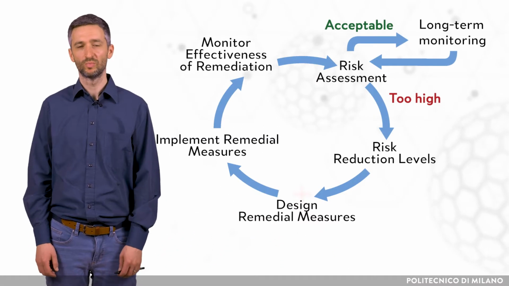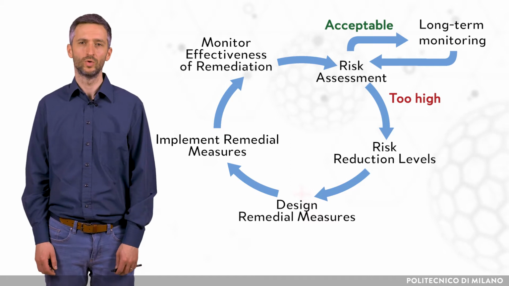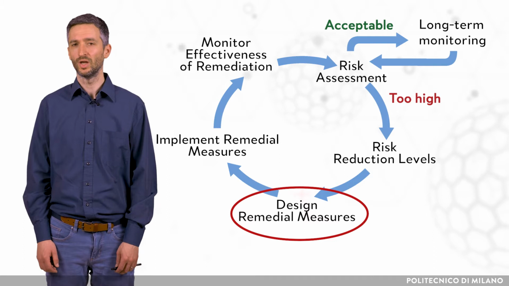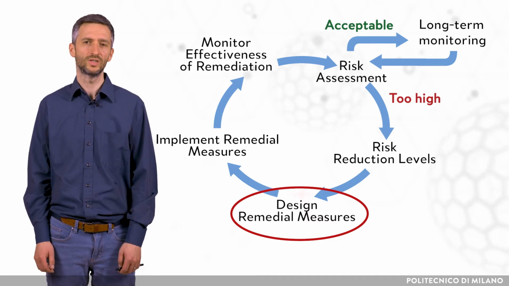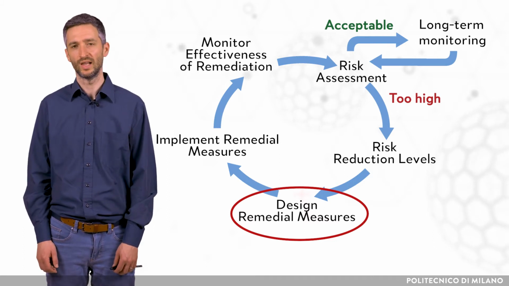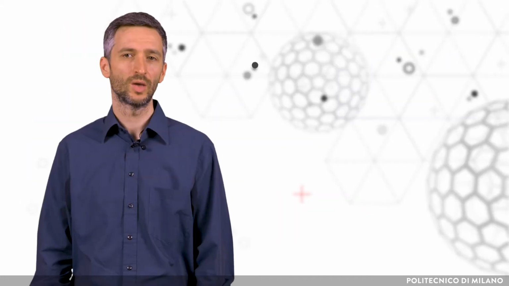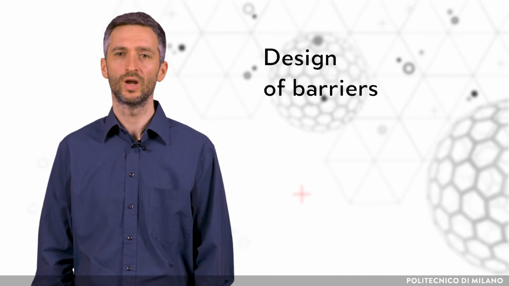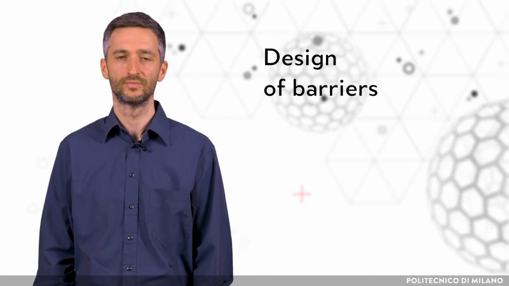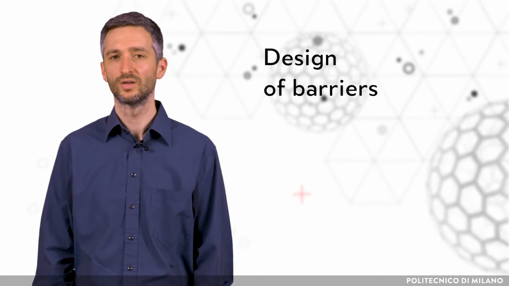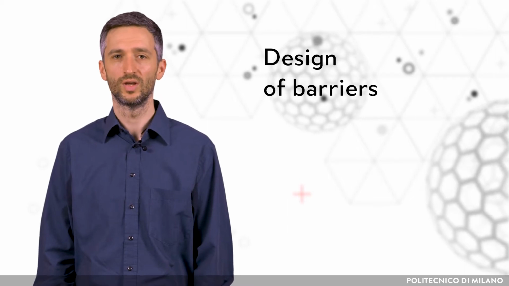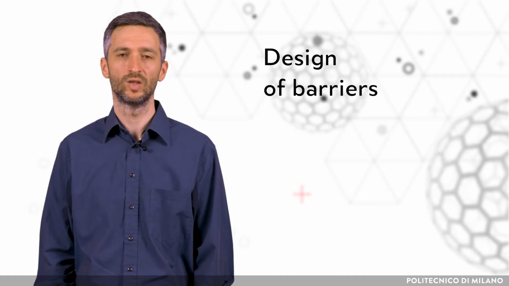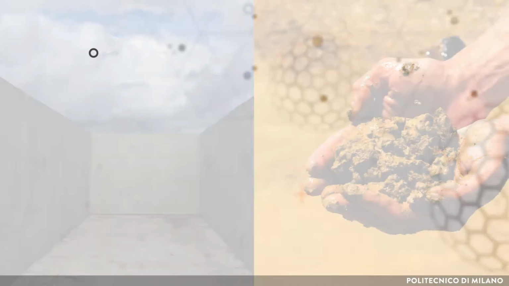According to the remediation process, once the risk for human health and environment have been identified, suitable remedial measures have to be applied to satisfy the defined acceptable risk level. Radiochemists help to design barriers which would prevent uncontrolled radionuclide releases into environment. To this purpose, radiochemists perform diffusion and sorption experiments of different radionuclides in contact with different potential barrier materials.